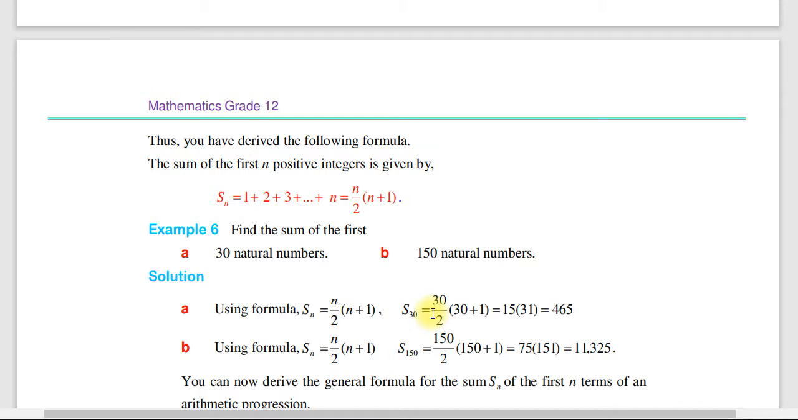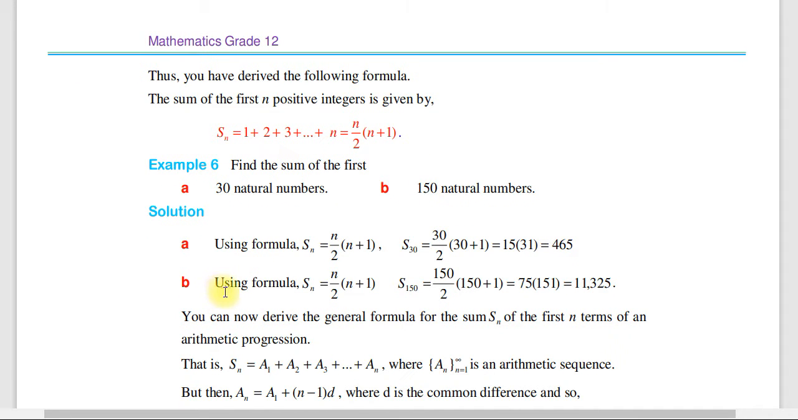ስለዚህ using the formula Sn is equal to n over 2 into n plus 1, s30 is equals to n-ችን 30 ነው፣ 30 over 2 into 30 plus 1 which is 15 times 31, 465 ይሆናል ማለት ነው። ሁለተኛ ኤግዛምፕላችን ደግሞ using the formula አሁንም Sn is equals to n over 2 into n plus 1, s150 is equal to 150 over 2 into 150 plus 1 then finally 11325 ይመጣልናል ማለት ነው።